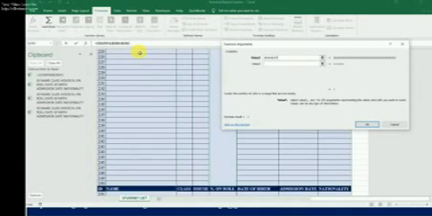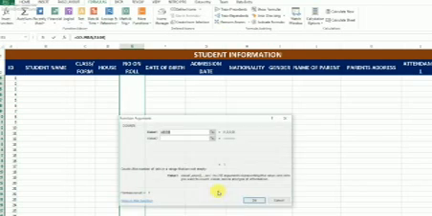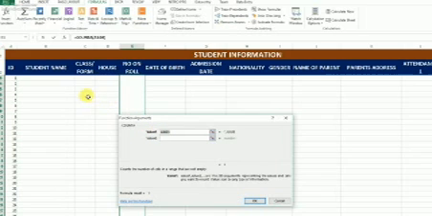So this is developing. It's saying: count the number of cells in a range that are not empty. So you select that one. The formula we're going to use is COUNTA. So you click on it. Let's see, what are you going to count? The student's name. So you click on this one, then you select the entire range.